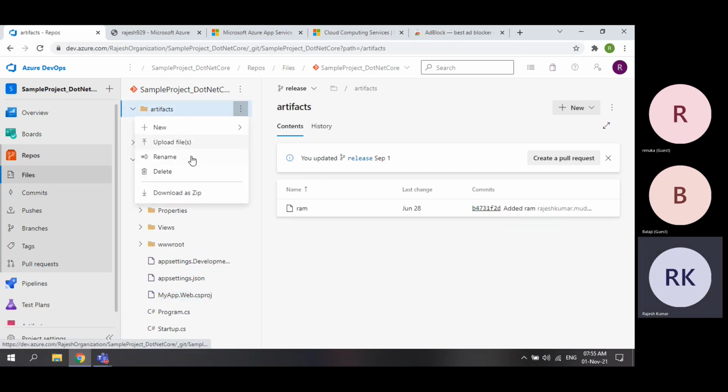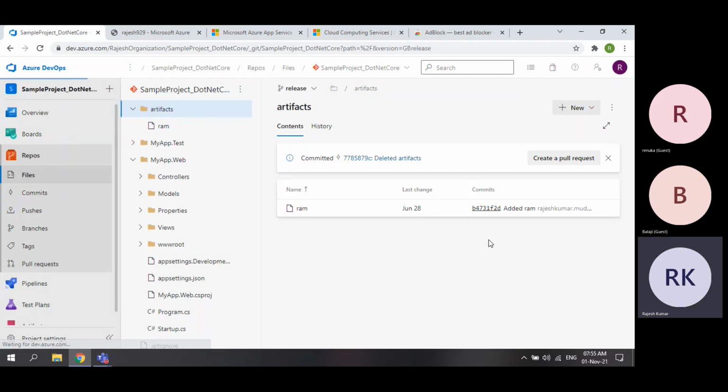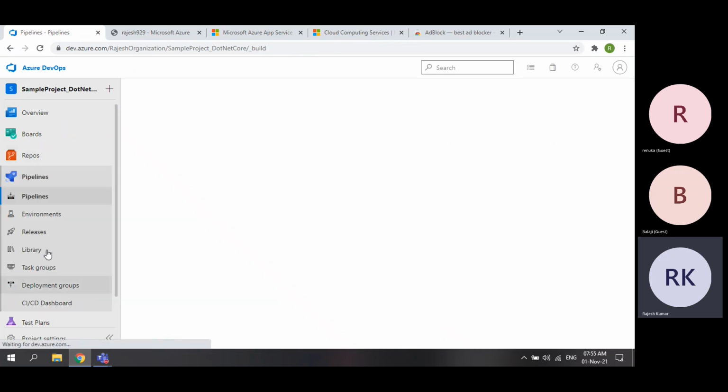Just a second, this is not required, so I want to delete this. First I need to build this code. Now what will we do? We will go from the initial step.